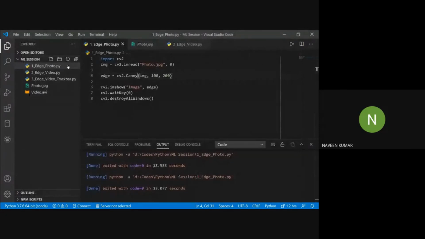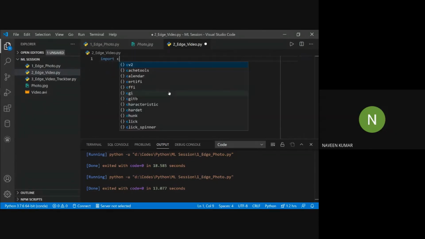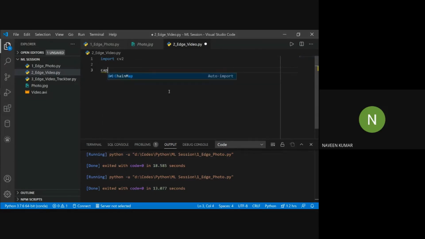Now let us try to detect edges from videos. We will have to import cv2 again, and we will start video capturing using the cap variable. We can take any variable. So we will call cv2.VideoCapture, and because I want to capture video from my primary camera, I will put 0 here.